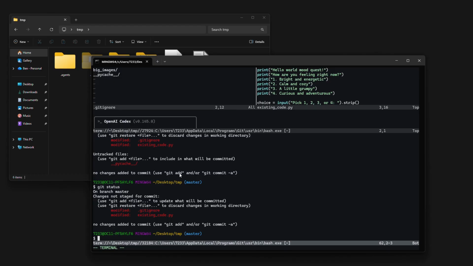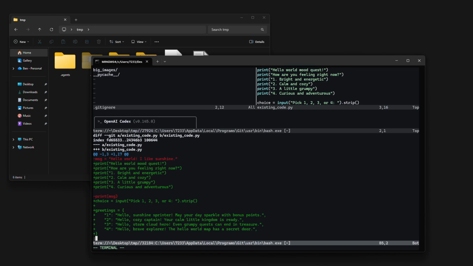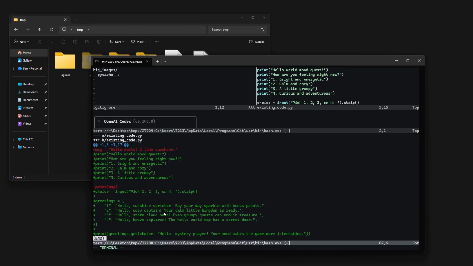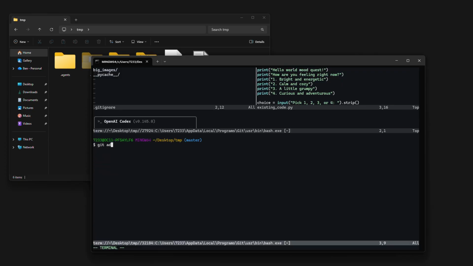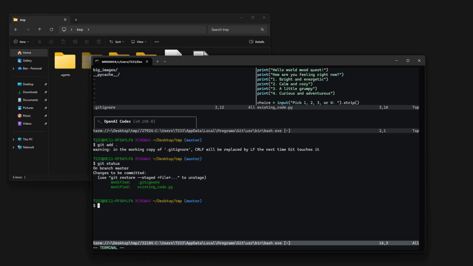All right, so now we have our existing code and our gitignore. Let's do a git diff on just the existing code file because I want to see what this looks like. All right, so you can see it took out the hello world and it put in Hello World Mood Quest. How are you feeling right now? We've got some options. We have an input, we have greetings, and then we have an output. Okay, looks okay. I'm generally happy with those changes, so I'm going to add them. And now we can see we have